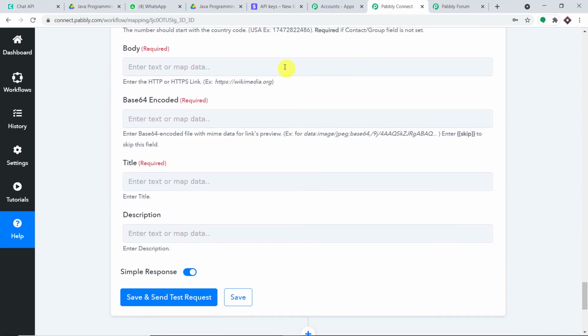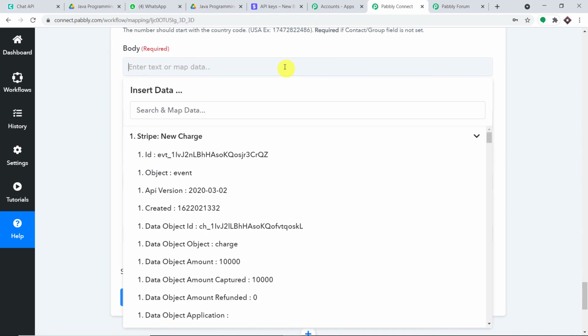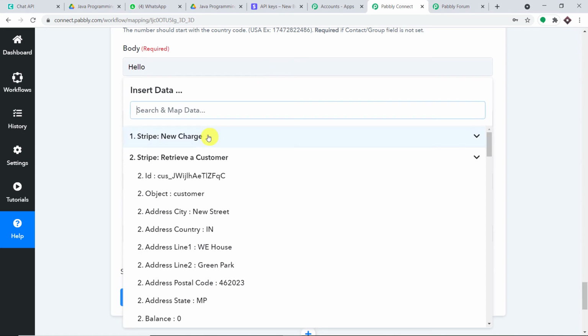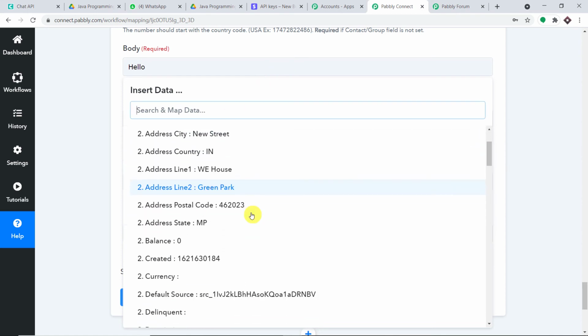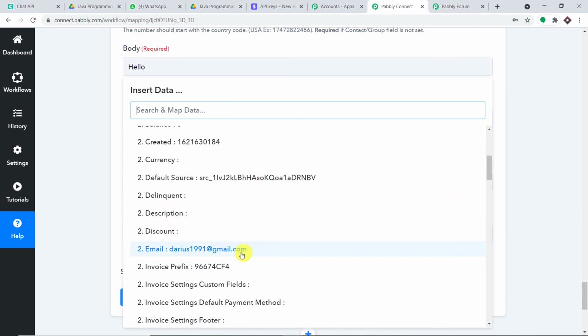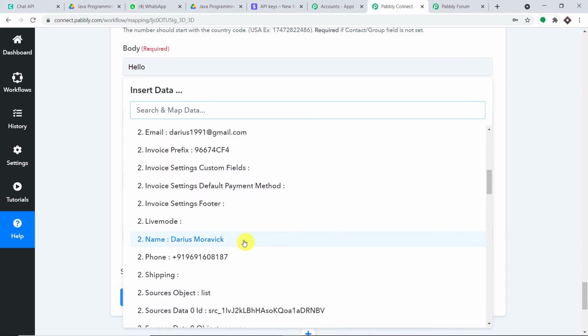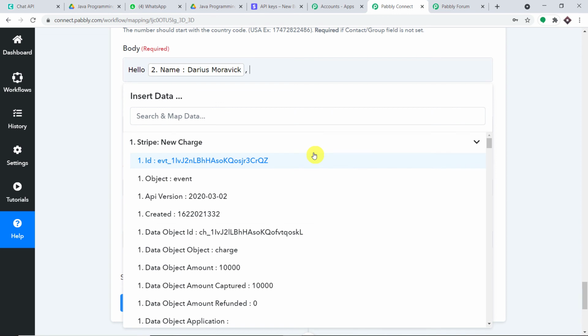Then we have the body. This is how you will enter the body. Hello, and let's enter the name. This is again something we will get from the second accordion. The name was Darius Moravik. Hello Darius Moravik, thank you for making a purchase of